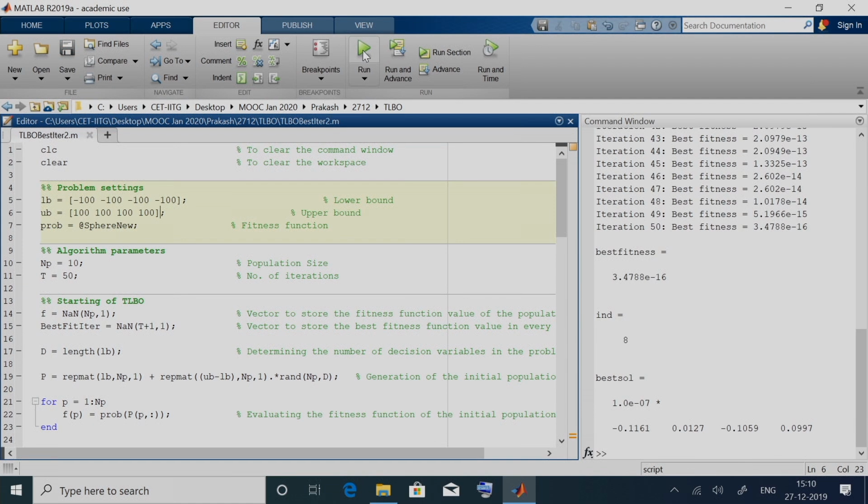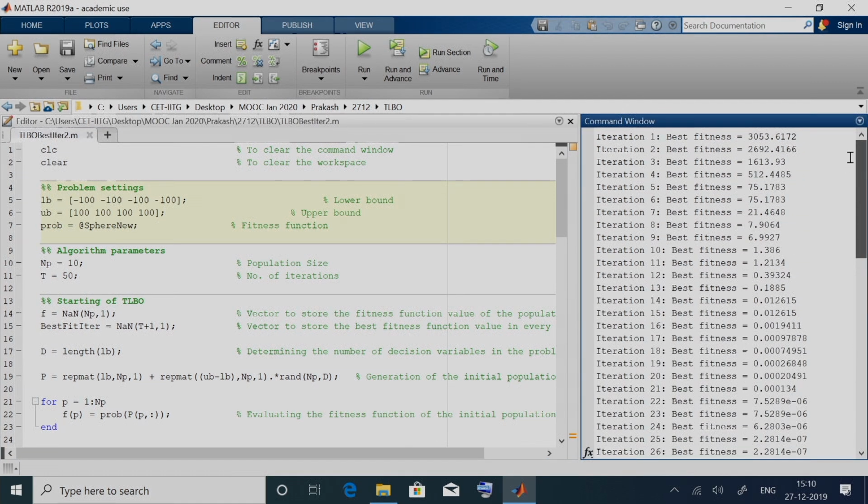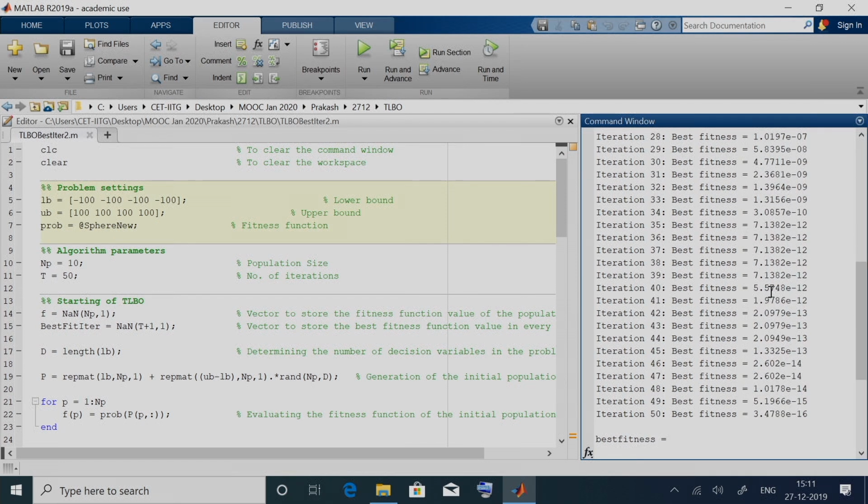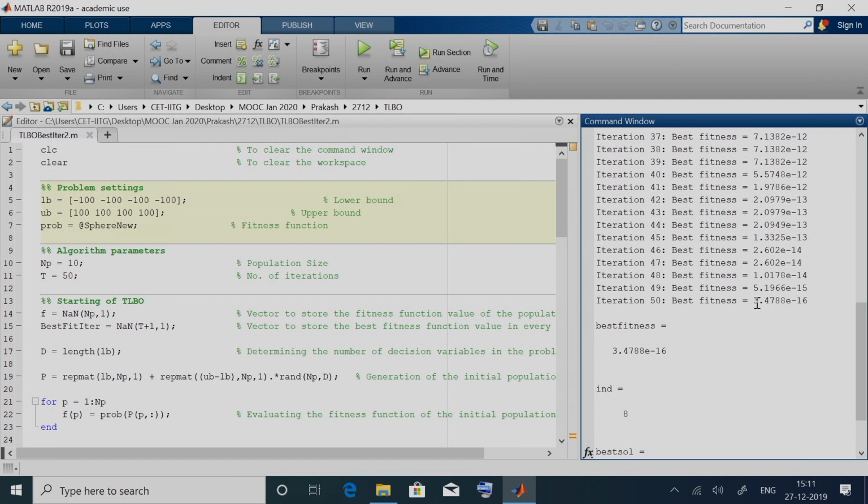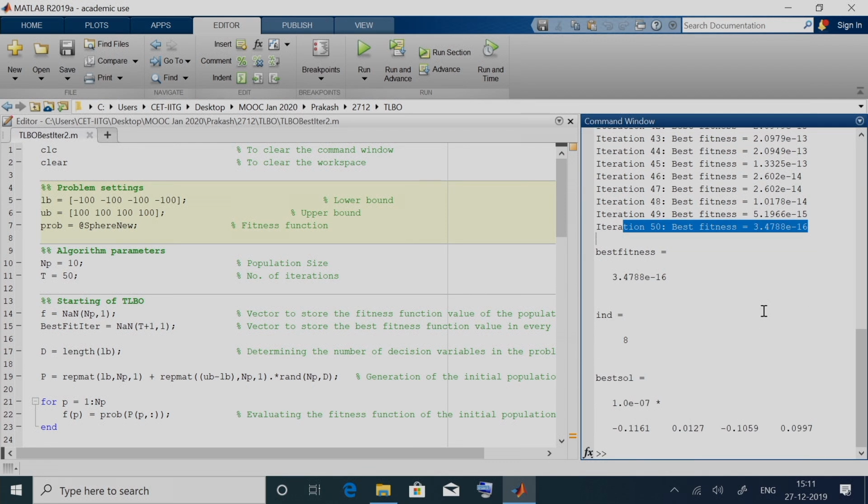If we run this, we can see that initially it started with a solution of 3053.6172 in iteration 1, which was the best fitness obtained in iteration 1, and then progressively it decreased until it reached 3.4788 times 10 power minus 16, and at that iteration we had exhausted the number of permissible iterations. So, it had to stop there.